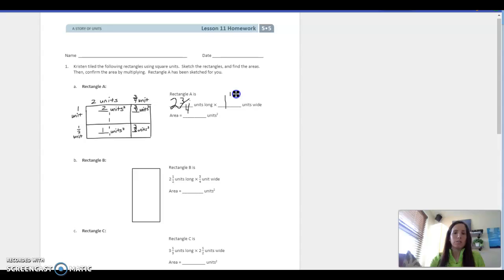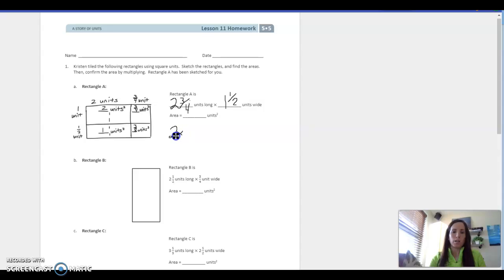Another thing I was noticing is when you guys multiply, you're multiplying just the whole numbers, and sometimes you're forgetting that fractional amount. Yesterday we broke it and distributed those pieces so that we could multiply a little bit easier, and that's what I find is easiest. If you want to turn this into an improper fraction and this into an improper fraction, just multiply them, totally up to you. But what they're showing you in this lesson here is to break it down and to say that we're going to do 2